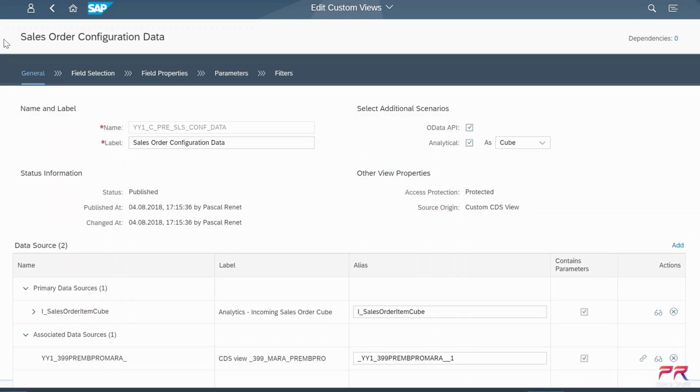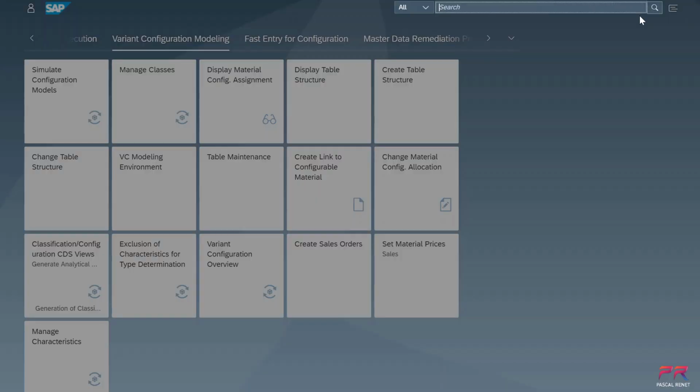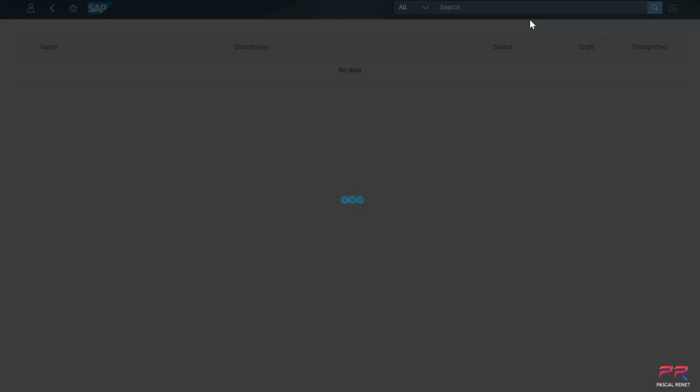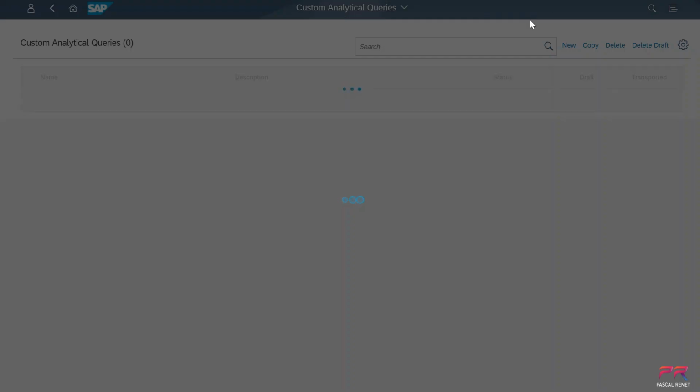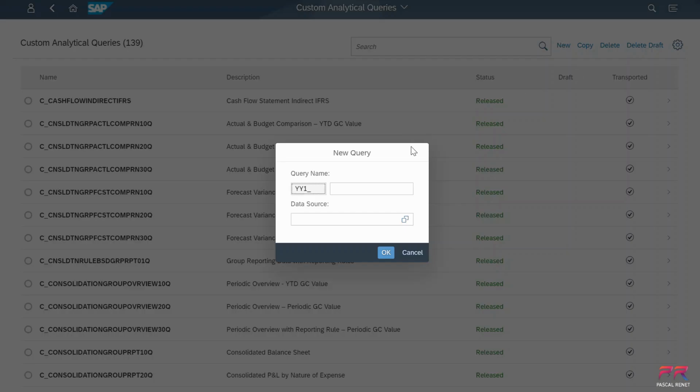Okay, so now my CDS has been generated. The next thing that we're going to do is build a custom analytical query, and we will then use the CDS that we just created as the basis for this query. So we're going to say new. Again, it's a query, sales,